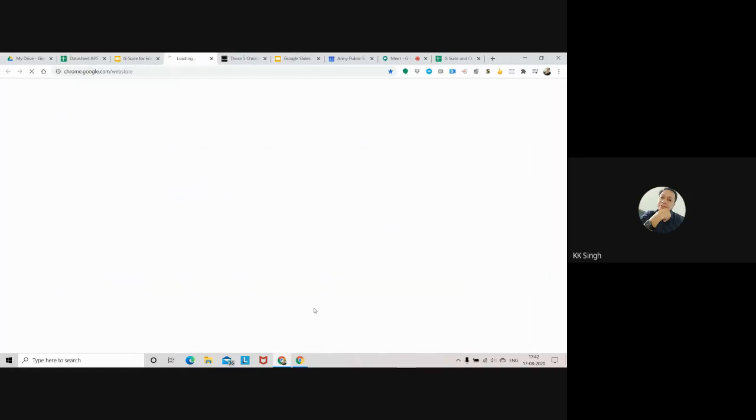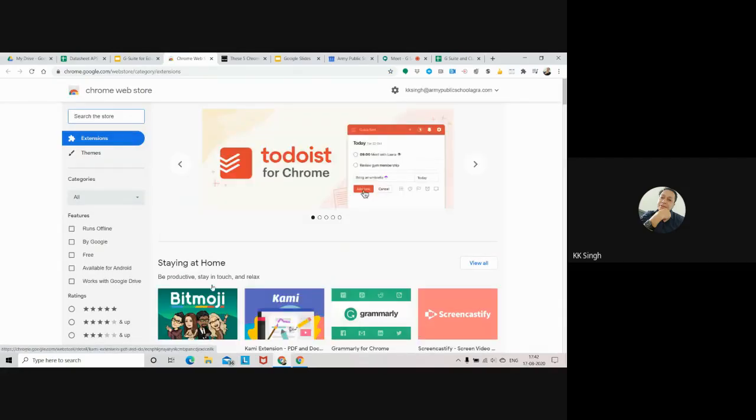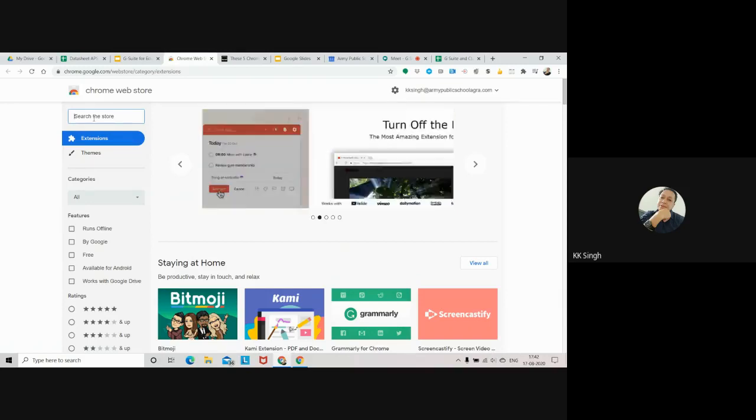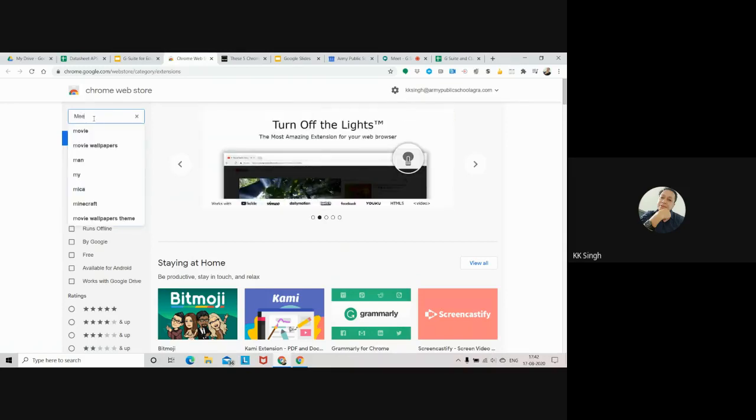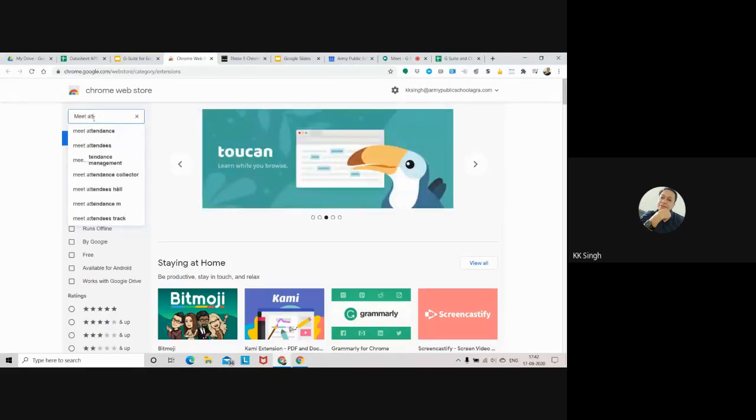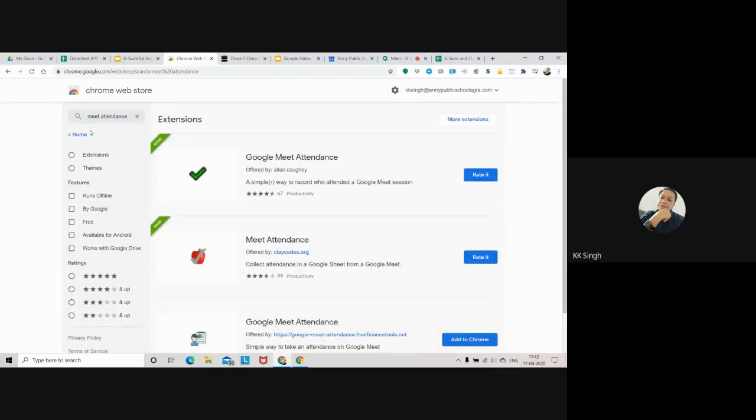So over here, this is a link. And in this link, you just type Meet Attendance. So this is the extension, and you'll find add to Chrome here in place of rated. So you click on add to Chrome.